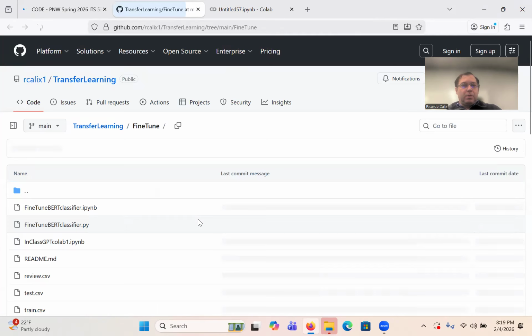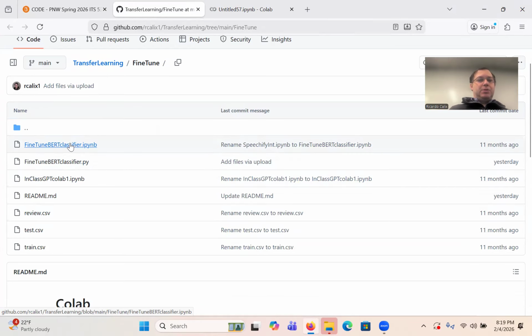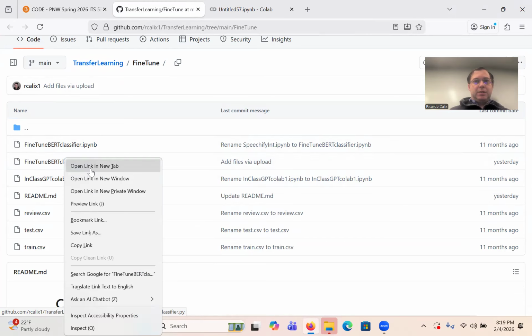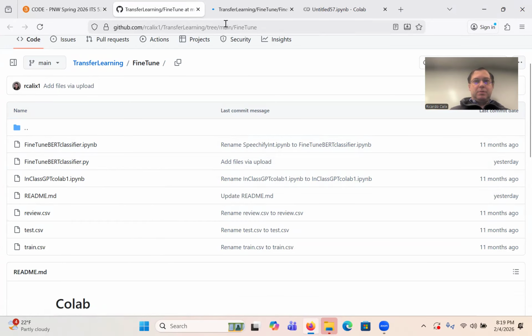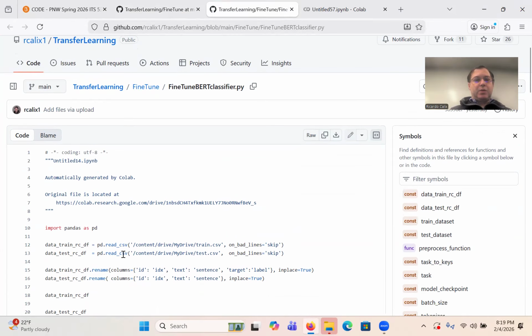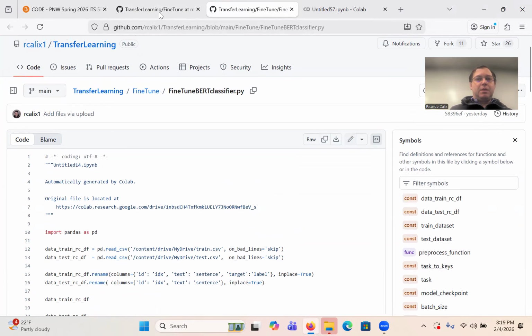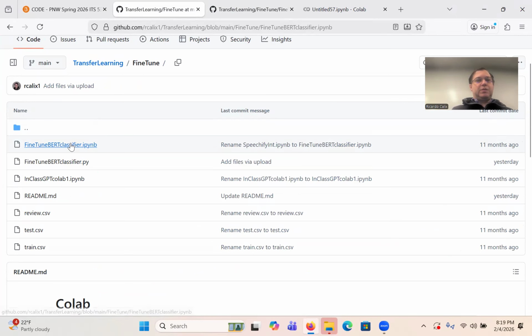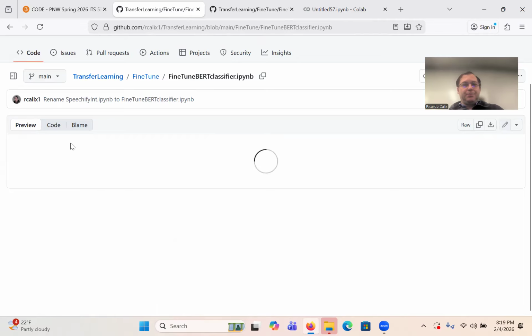Code. All right, so the example I'm going to do is this one and this BERT. Let me open this in another tab. So I have both. This has the corrections, if any, and this is just so that we have the output.